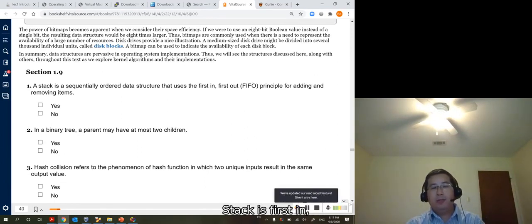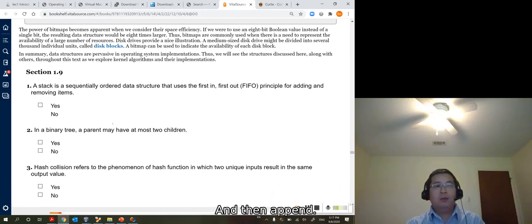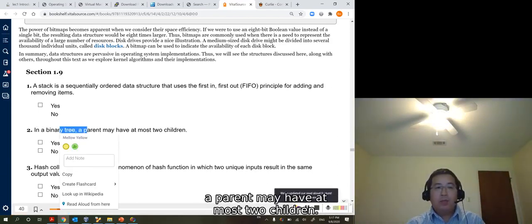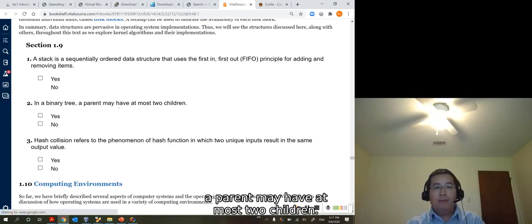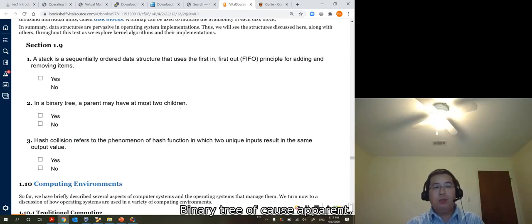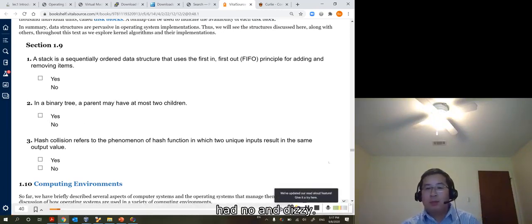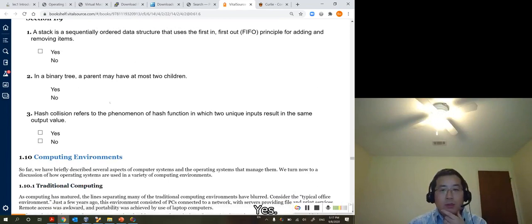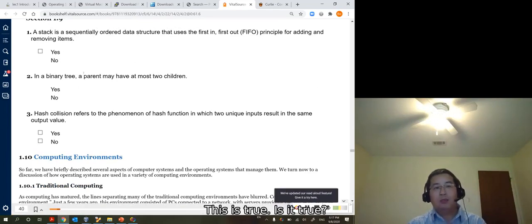Stack is first in, last out, so that's a no. Then, in a binary tree, a parent may have at most 2 children. Of course, a parent can have at most 2 children in a binary tree. So this is yes, this is true.